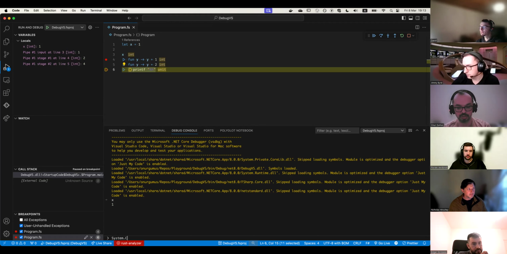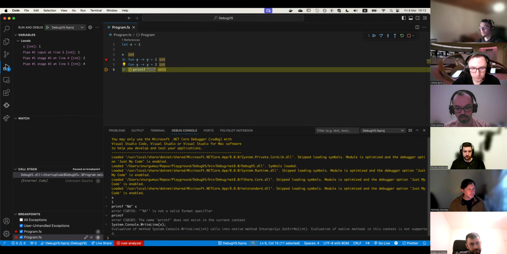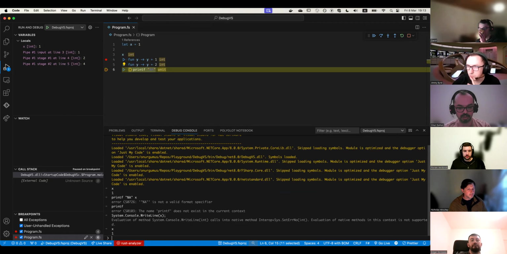So sometimes, for example, if you try something like printf, that's not going to work. It says printf is unknown. And if you try to print things to the console by using WriteLine, then unfortunately this also doesn't work, at least the last time. It says it calls some sort of native method, and it's not supported here. But actually, it evaluated the code. This is not a problem, because whenever you want to see something's value, you can just hit it, and then you can see. And you can use somewhat more sophisticated C# stuff here.